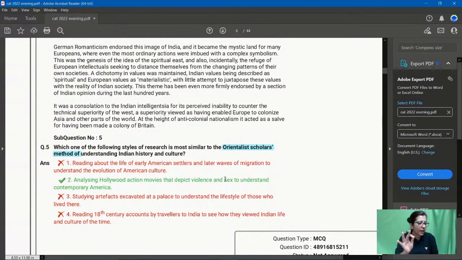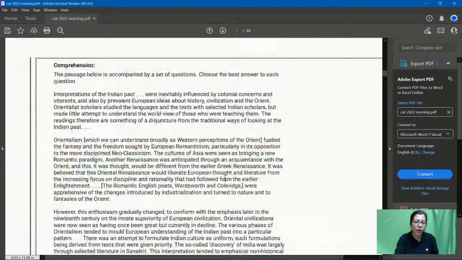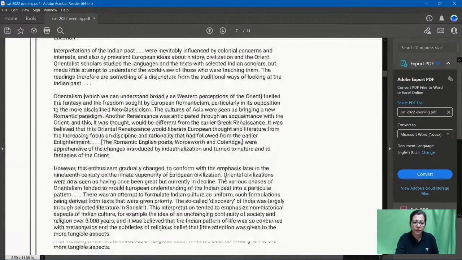So within 30 to 40 seconds, a student should have realized that this is a guzzler. You should leave this and move on. Do you guys get this now? Many people must have wasted time on this, many people must have marked the wrong answer. I'm sure about that. Okay, so now I go down to the next question.